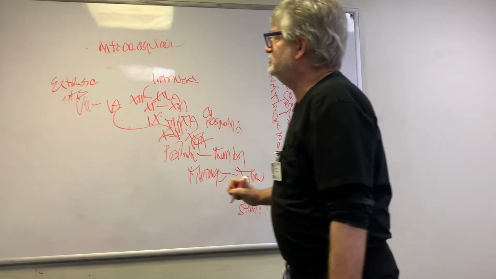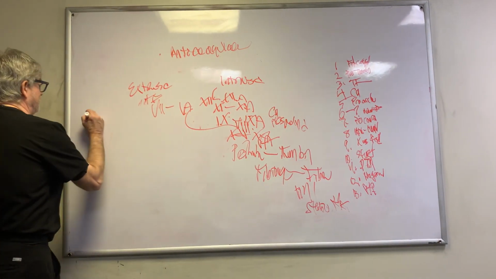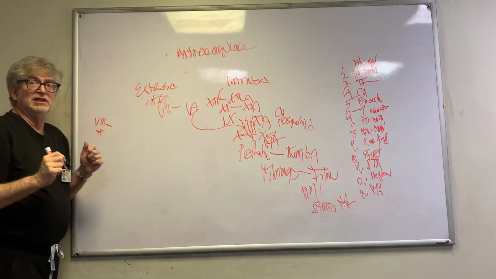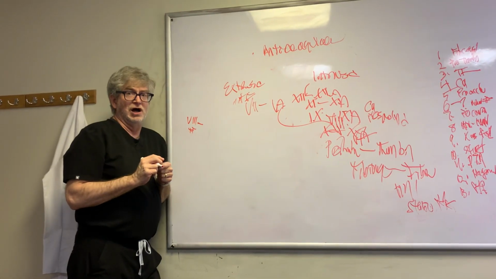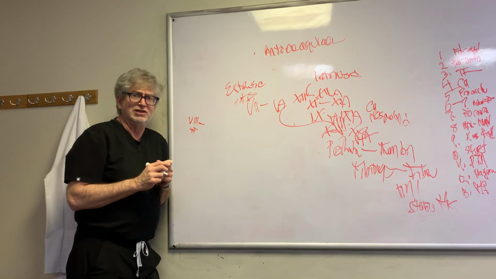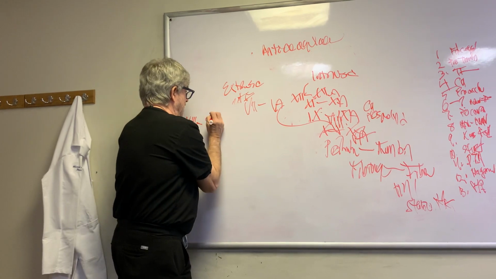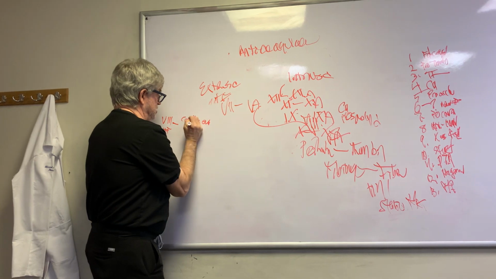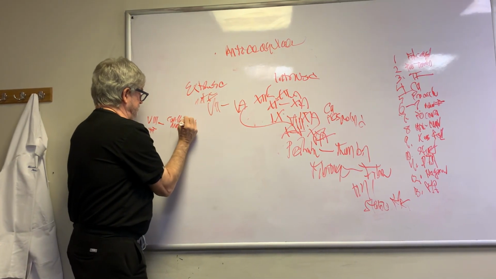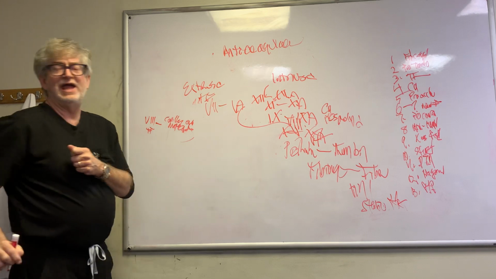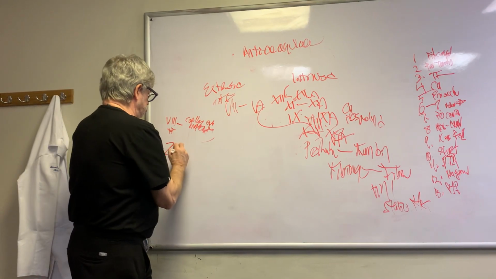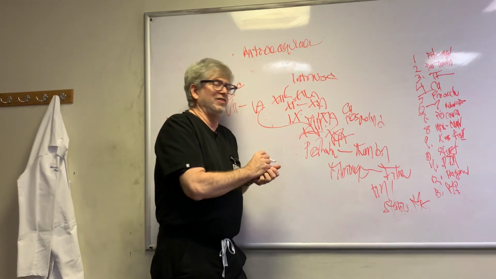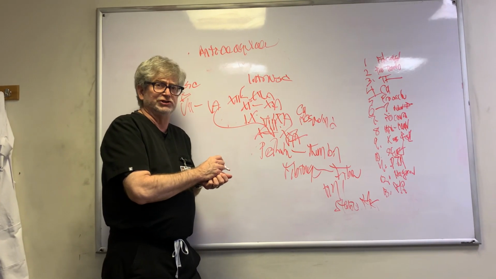All right, all these factors are made in the liver except factor 8. Tissue factor is made in the capillary endothelium and megakaryocytes. Okay, and the vitamin K dependent factors are 2, 7, 9, and 10, and I'll get back to this in a little while. So basically, with anticoagulation, you're trying to